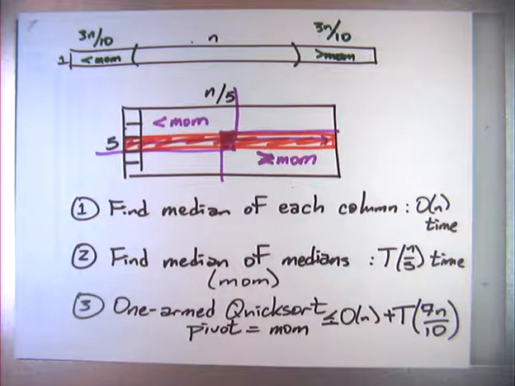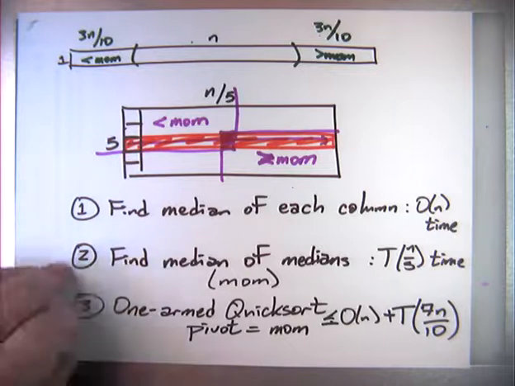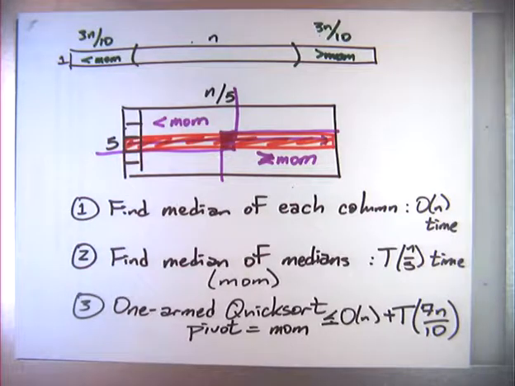To actually believe that, yes, in fact, if I could find the median of medians, okay, let's pretend it takes that much time. And if one-armed quicksort actually works, and okay, the recursive call takes that much time, okay, yes, then under those circumstances, I believe the algorithm works. But under those circumstances is a synonym in this case for by the inductive hypothesis. Okay, by the recursion fairy. Right? Is everyone confused about how the algorithm works?